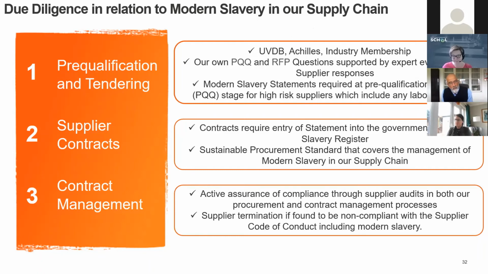So number 2 is supplier contracts. Once the tendering process is complete and we are in contract with the supplier, we do have clauses in the contract that allow us to audit what has gone on when the contractor is performing what they're doing for Cadent. And also the sustainable procurement standard, which I actually wrote myself, works very well in that context in terms of contract management. And then finally, we're also looking at active assurance. So we have internal and external audit processes that allow us to monitor what's going on, and I'll talk about that a bit more on the next slide. So next slide, please, Helen.